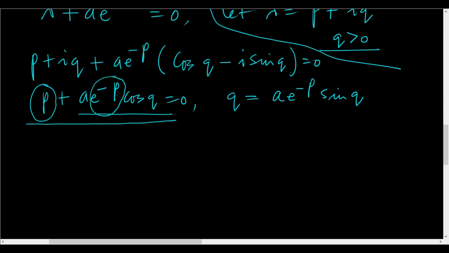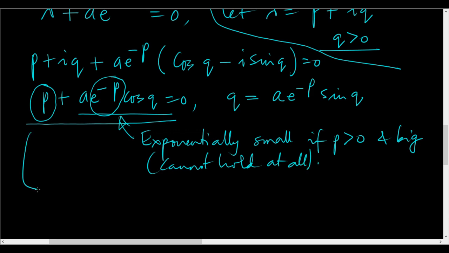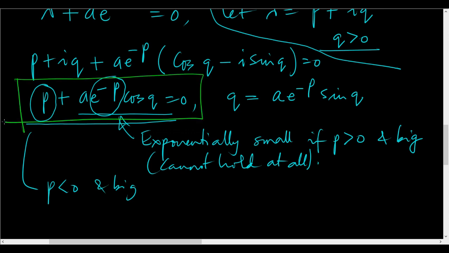Because if p is positive and big, then this is exponentially small, and it cannot hold at all. So that means p is less than 0 and big, and we are considering this equation now, just the real part. Then we have, if p is less than 0 and big,